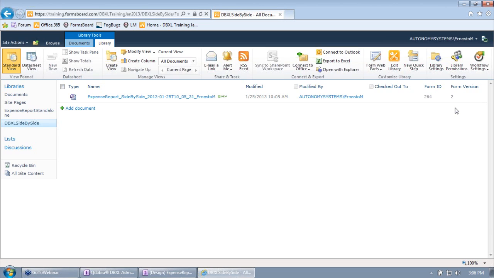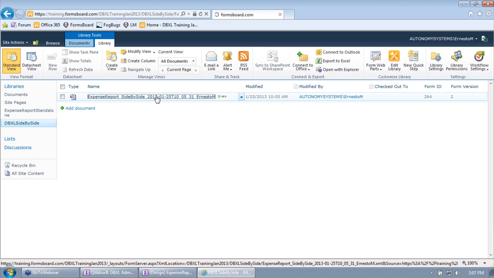And then we can submit to SharePoint once we have that doc ID. So if we don't have the doc ID, this scenario fails. And you're going to start creating duplicates, and you're going to start getting your versions out of sync. So the key is this first submit is actually a double submit. The first submit takes care of creating the doc ID and pulling it back in, and then if I modify the form now,